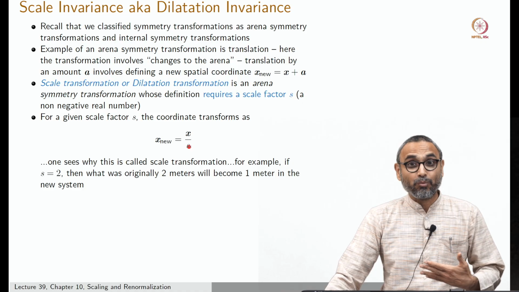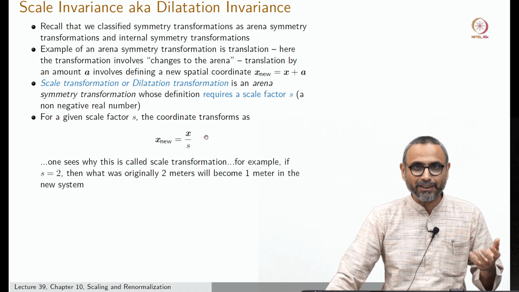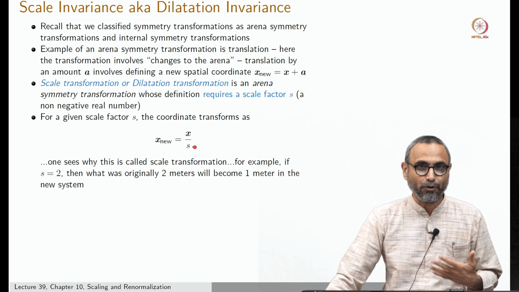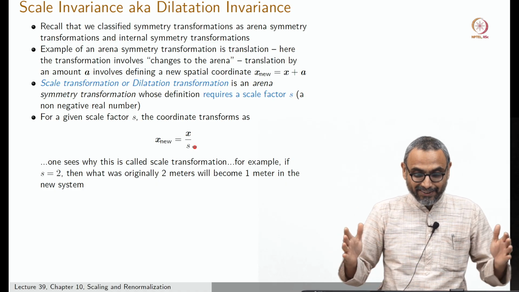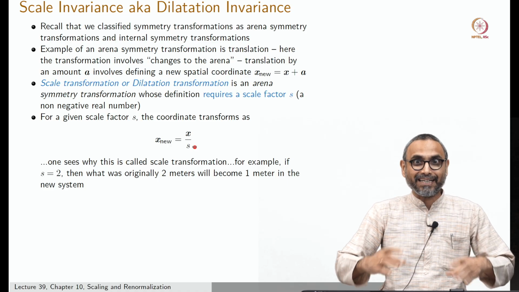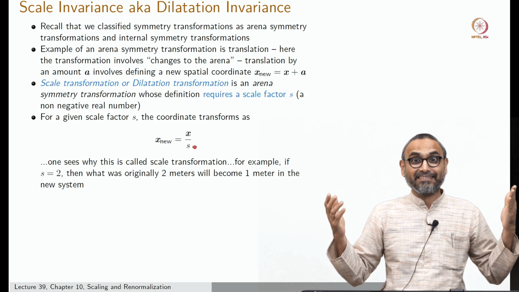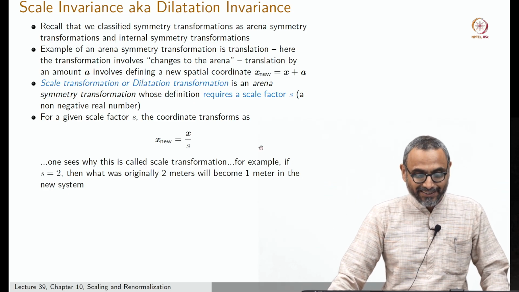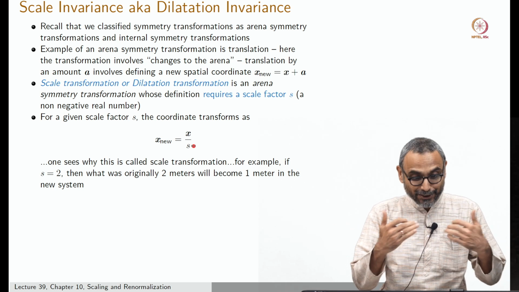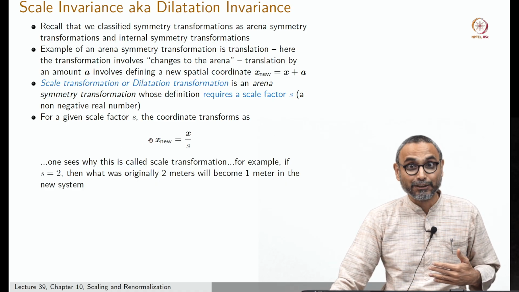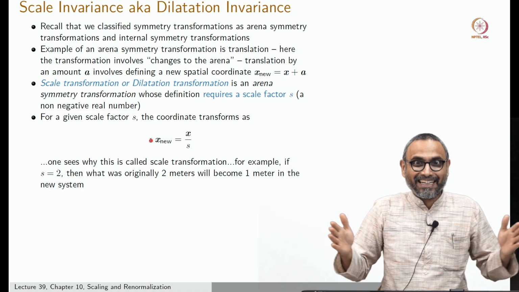Now you might wonder why it is defined like this. It's a convention. You could have defined it in a different way, you could have called it Sx if you wish, but that's not important. This is the convention we will follow, and there is a reason for it, because we are interested in what is called coarse graining. We want to look at things on a longer scale, so we want to demagnify if you wish. If I had a lattice, I want to look at the system on a larger scale. What does this mean? Something that was originally 2 meters will now, in this new scaled x, become 1 meter. So in some sense we are coarse graining.